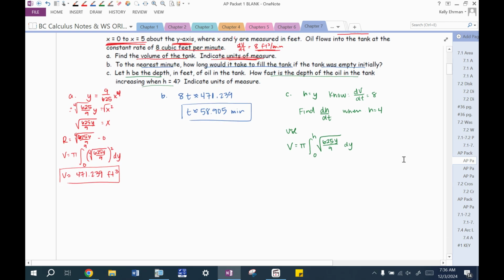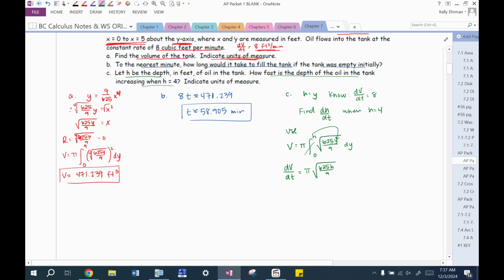Because what are we going to do with this? I want to find how fast the depth of the oil is changing. I want to find dH/dt. So I should take the derivative with respect to t of both sides. So if this is dV/dt, when I take the derivative of the integral, remember that cancels out. This is that second fundamental theorem. And the h goes into the function for the y. So this is going to be pi times the square root of